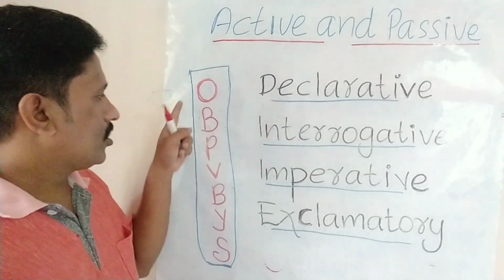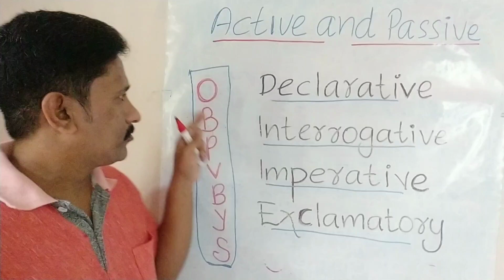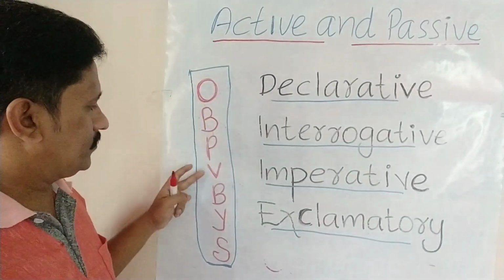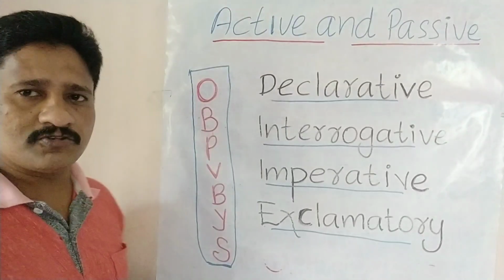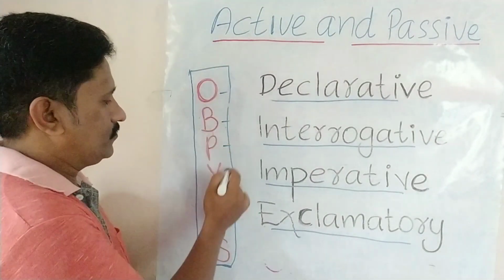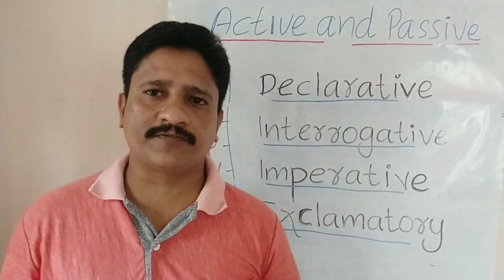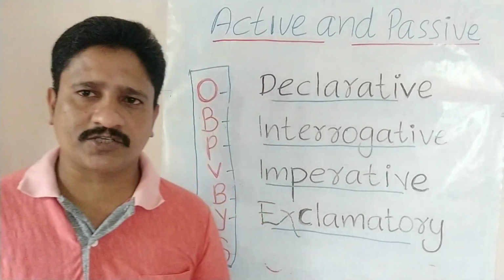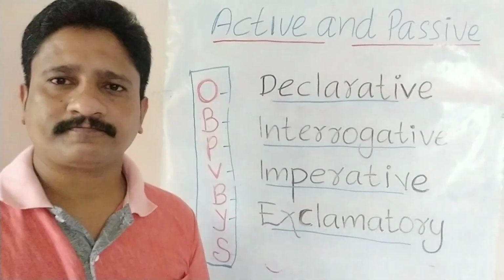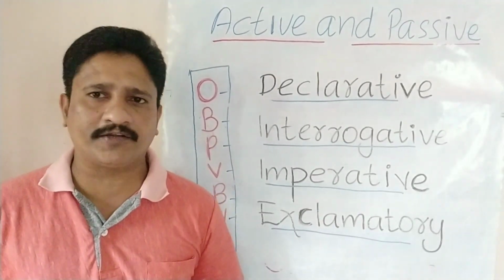So the code is OBPBS. You only need to remember this code, so that changing a sentence from active into passive voice is going to be much easier. So when you change a sentence from active voice into passive voice, the first thing is